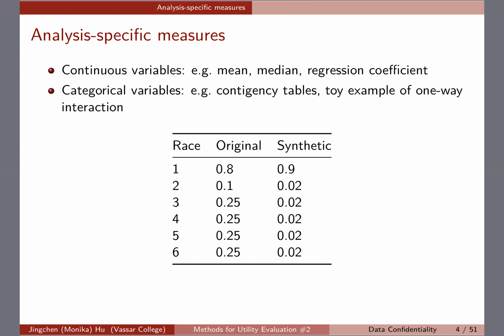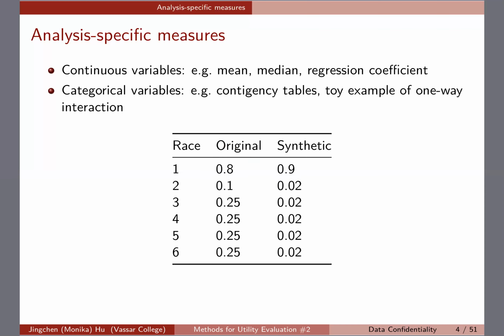And then you can look at, let's say for the first row, for race category 1, we know that the original is 0.8, right? The synthetic is 0.9. So we can look at the percentage difference. So that is 0.9 minus 0.8, but then you put it on percentage because, well, the magnitudes are different, right? The absolute difference wouldn't mean much. Okay? So that will be one way people want to summarize